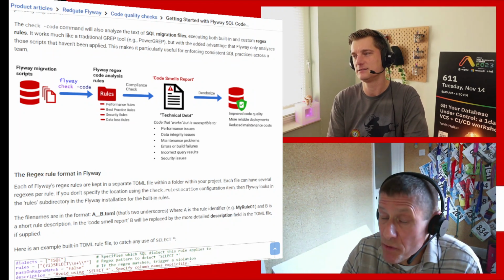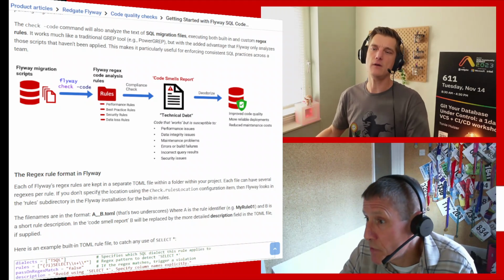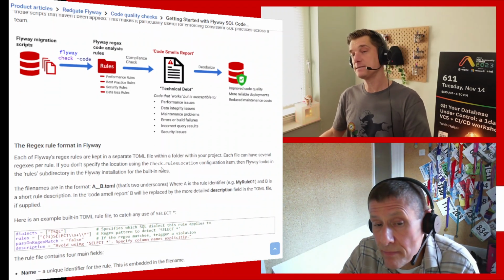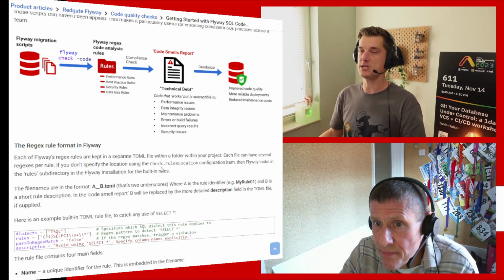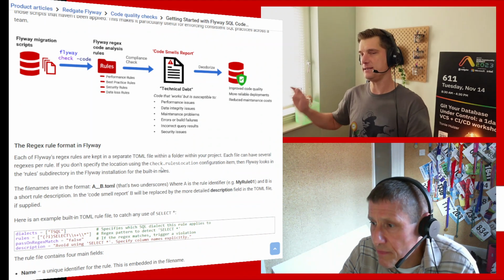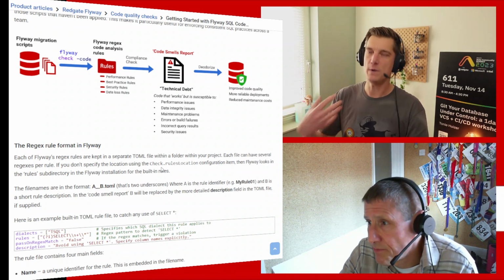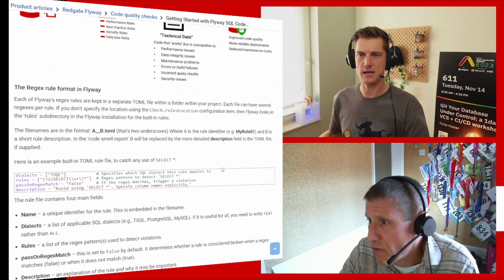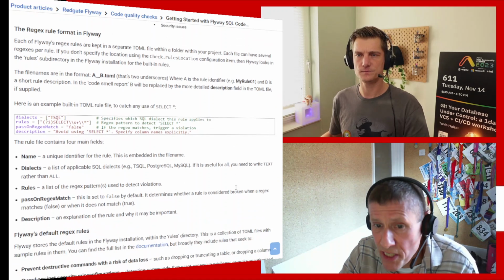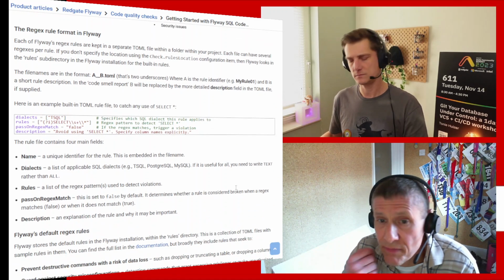If you are doing SQL Server, that is worth checking out as well. But during your migrate or before you migrate, this check command will check all the pending migration files with the rules that Phil explains here. It'll run the SQL Fluff rules, and then it'll run the regex rules, or one or the other, depending on how you